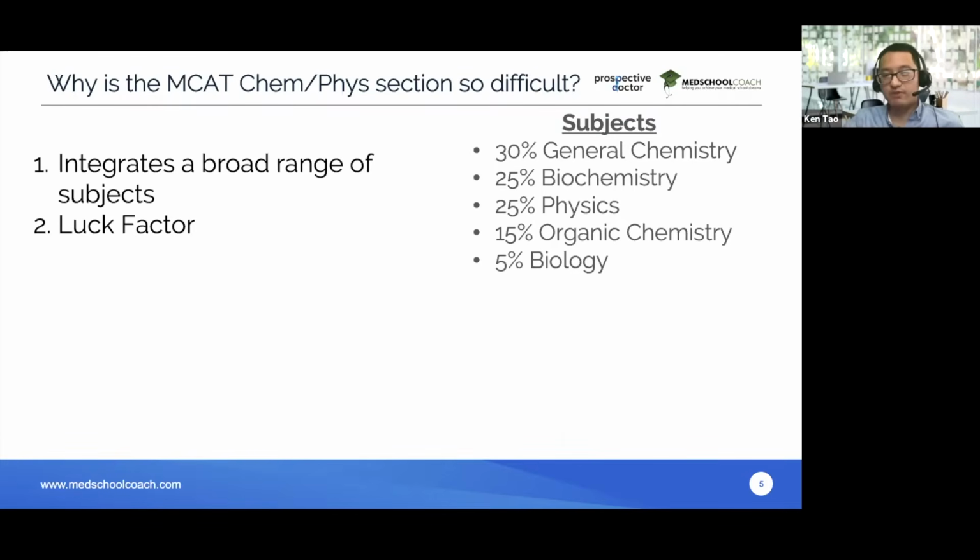Is it possible for 14 to 15 questions to cover every possible physics concept that you've been tested? Definitely not, right? I can probably just name 14 to 15 physics topics, right? You have kinematics, forces, work, energy, fluids, electrostatics, circuits, mirrors, or optics, waves, sound, and more, right? So because of that, there really is a luck factor on the exam.